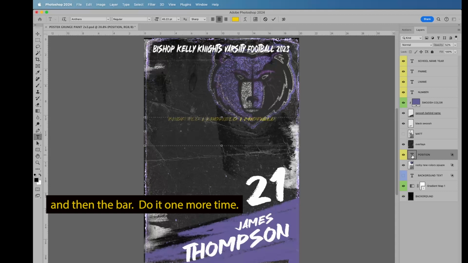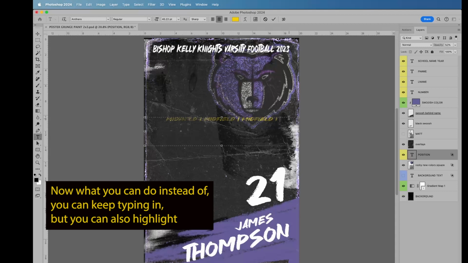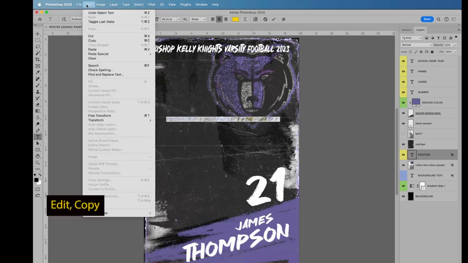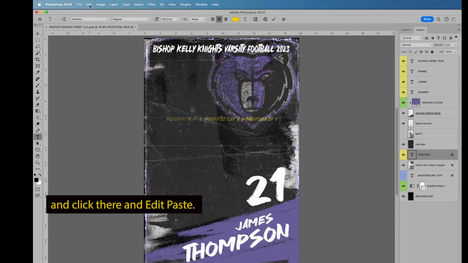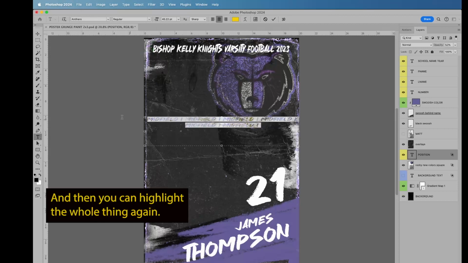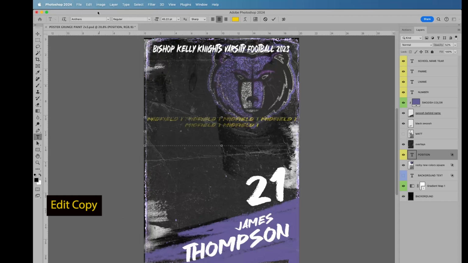Do it one more time, space. Now what you can do instead is keep typing, but you can also highlight, Edit, Copy, and click there, and Edit, Paste. And then you can highlight the whole thing again, Edit, Copy, Edit, Paste. And one more time,